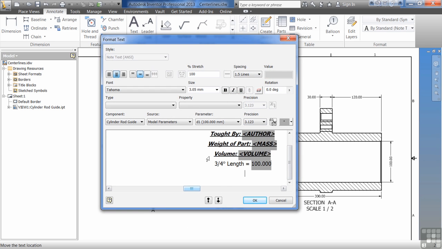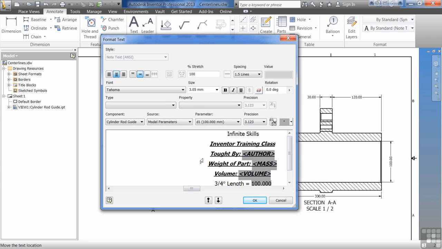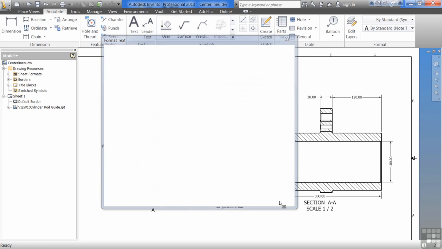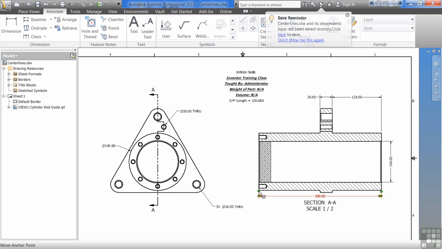The one thing that I am very disappointed in Inventor for, you'll notice that there is no spelling check. I am the world's worst speller, and I need spell check so bad, and I don't know why it's not in this program whatsoever, but there is no spell check in Inventor, so be very careful. What I try to do if I have any kind of serious typing is I'll type it up in Word,